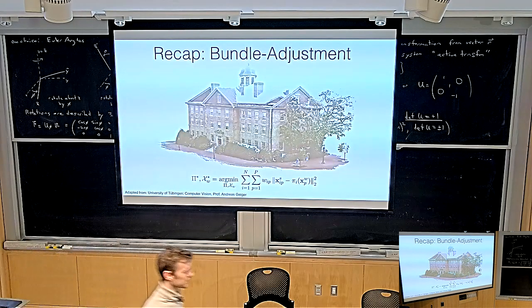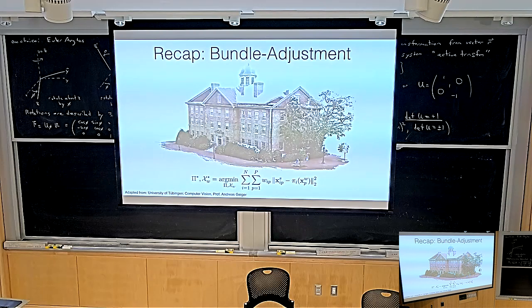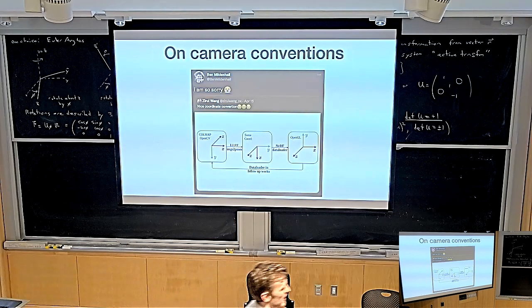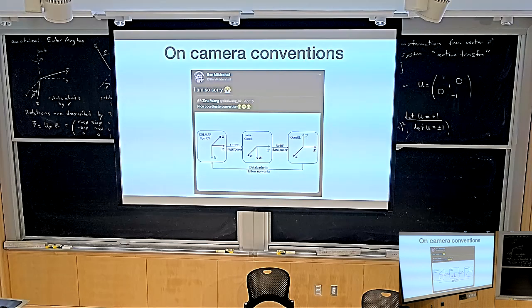Bundle adjustment. This was the COLMAP point. A bundle adjustment is an expression for casting 3D reconstruction and camera pose reconstruction as one big optimization problem, where you solve for both the camera parameters and the 3D point cloud at the same time. We briefly touched upon it, and as I had mentioned, if you want to get deeper into that, use COLMAP and play around with it. This is, I think, actually the output of COLMAP. Cool. Then this was the slide I had searched for in the second lecture. We talked about camera coordinate conventions, and some of you might know this paper called Neural Radiance Fields.